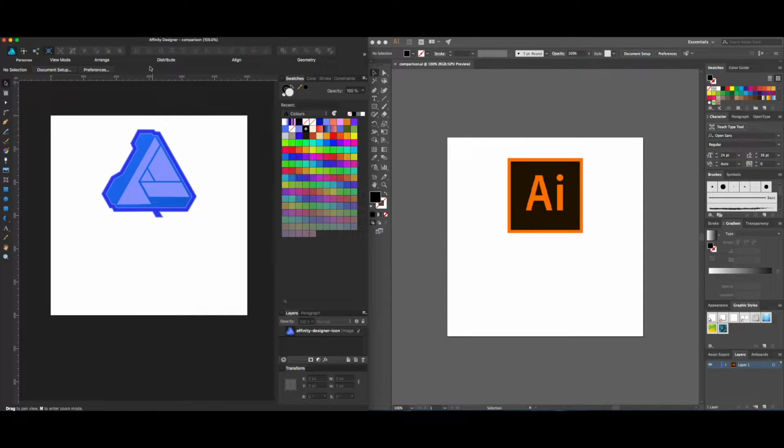for Affinity Designer. Besides the iOS apps, the desktop apps have been around a while now, and they're actually very comparable in features, as well as just the kind of workflow you might be used to if you're coming from Adobe Illustrator. So I was that kind of person. I've come from Illustrator and wanted to see if I could make use of Designer